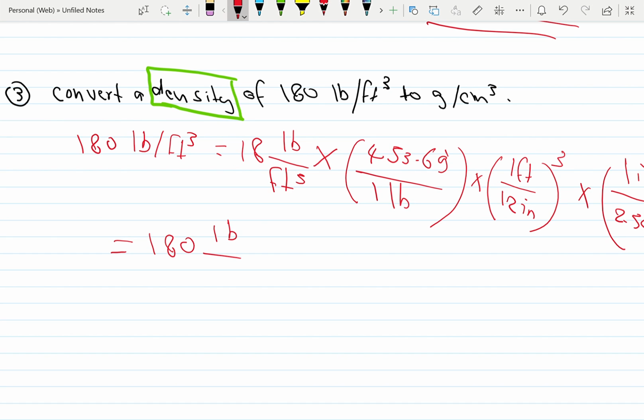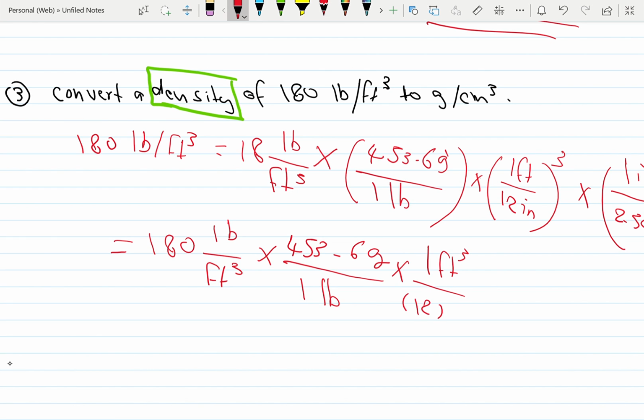So 180, 1 pound over foot cube times 453.6 gram over 1 pound. Okay, I'll cancel later, I'll come back to it, times 1 foot cube over, now we'll put